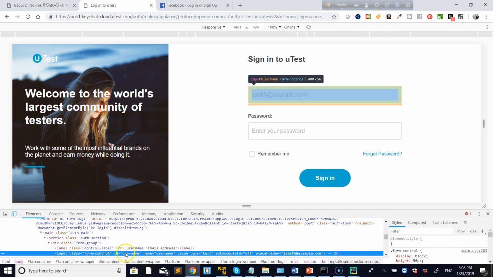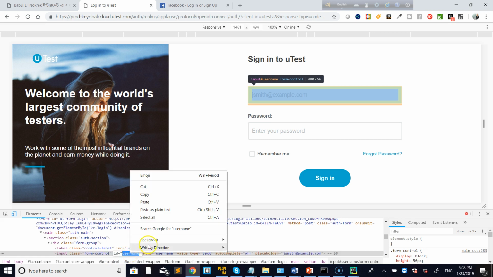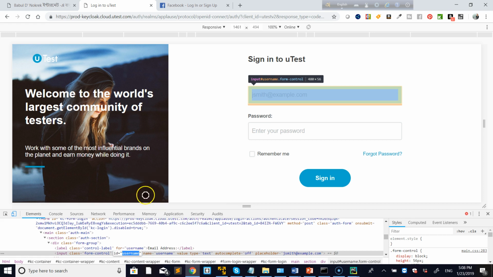So I can use ID or name. In the last classes we use name. Okay, so today we are using ID. The property is ID, we say attribute also, and the attribute value is username. I just copy it,